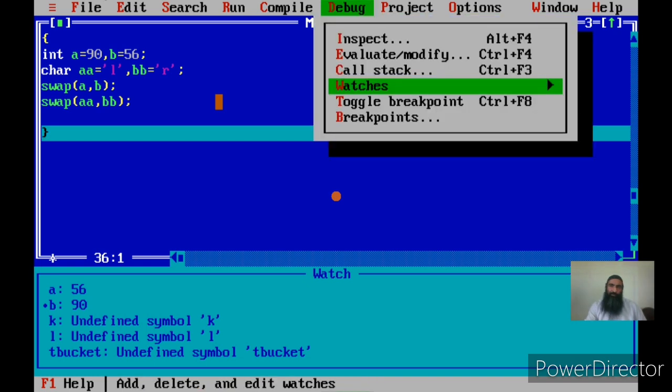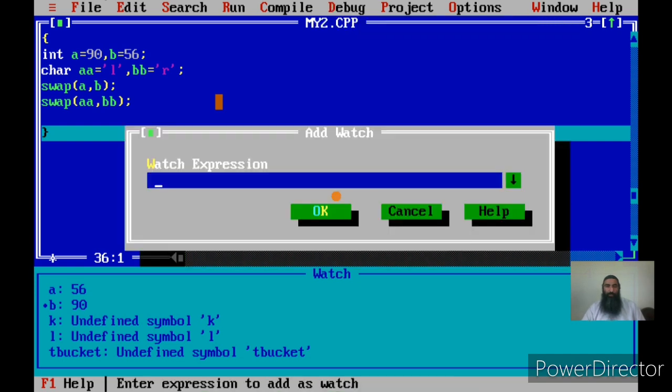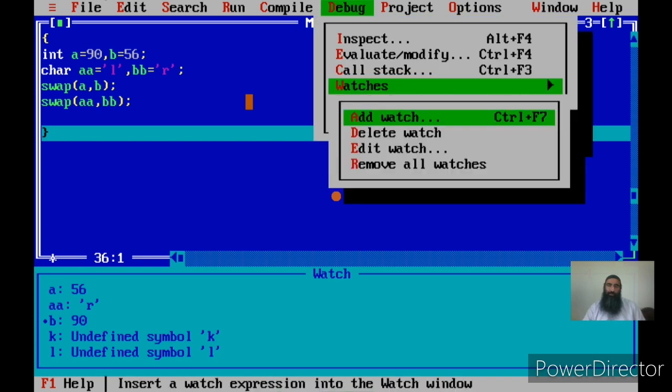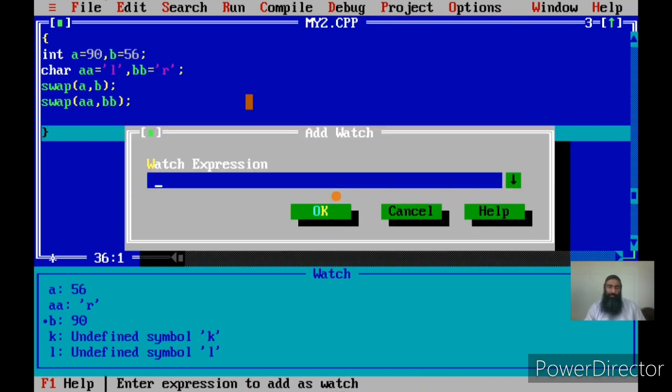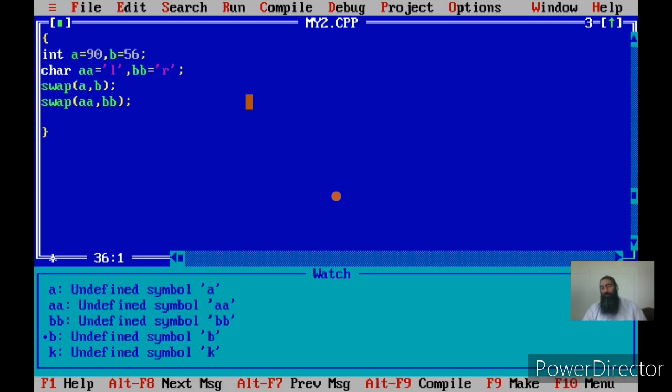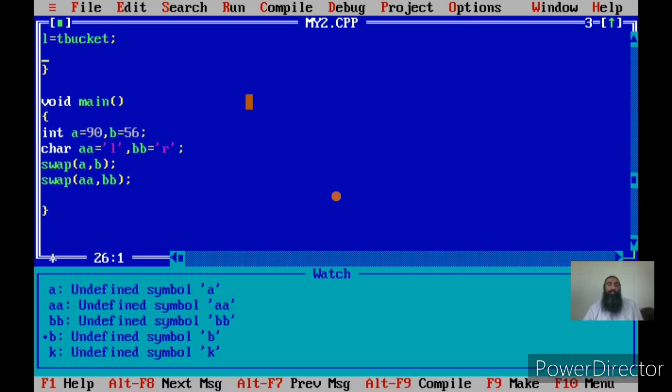Now we have to watch it. If we watch, you will see contents of A will be R. You see here R. We had initialized A to L, and contents of BB will be the other. This is how things happen. You can execute the program without the trace mode also by simply running it, and you can input A and B, and you will see after calling the functions the contents of two variables have been exchanged. Okay, I am doing it in trace mode so that you can see what is actually happening.